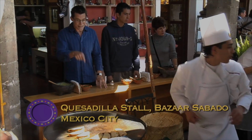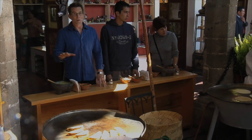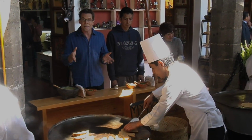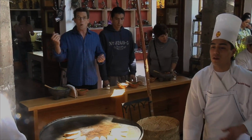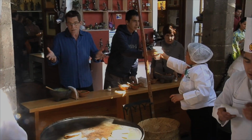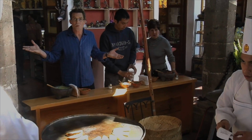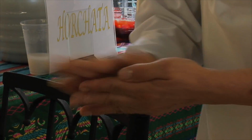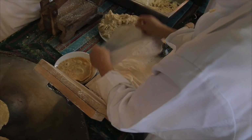on Saturdays, and this is that very well-known quesadilla stall that I was telling you about. In fact, it's a great place to get a lesson in the simple art of quesadilla making. The first thing that you'll notice is that there's no flour tortillas anywhere in sight. In fact, the first thing that they do is to take some of that fresh ground corn masa and press